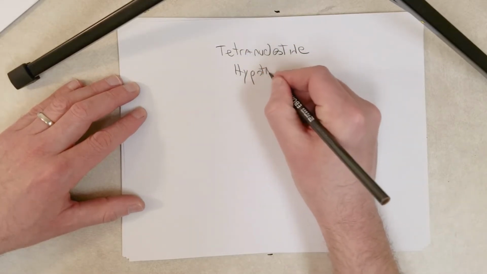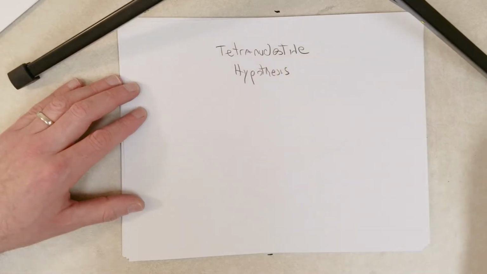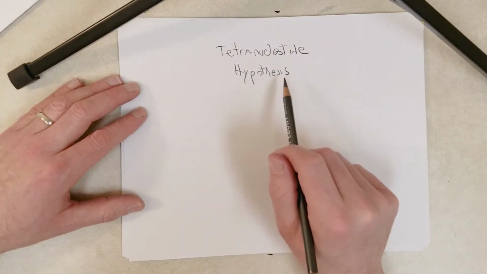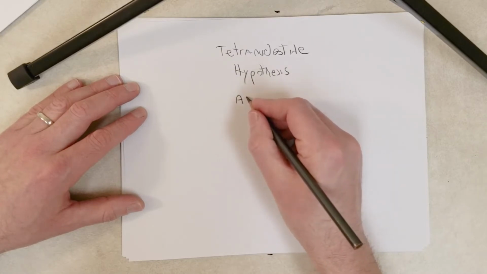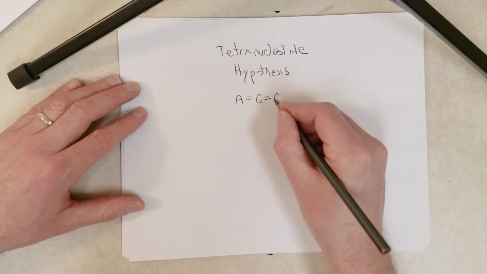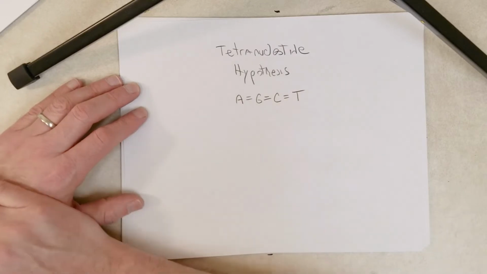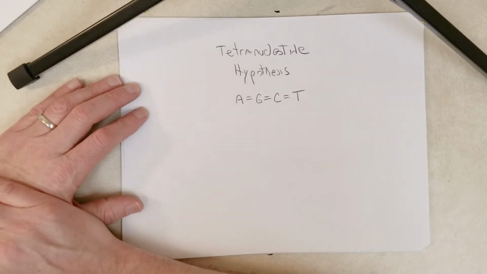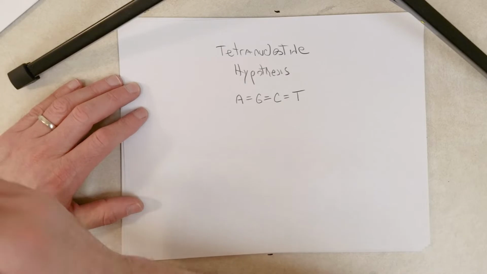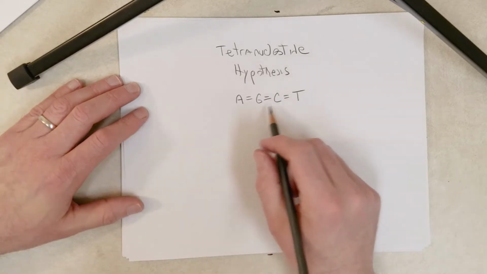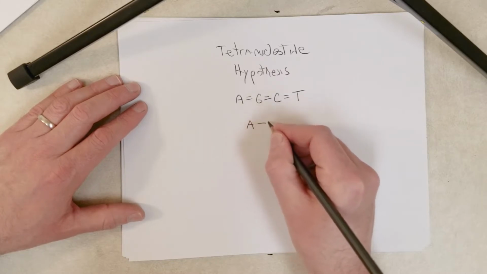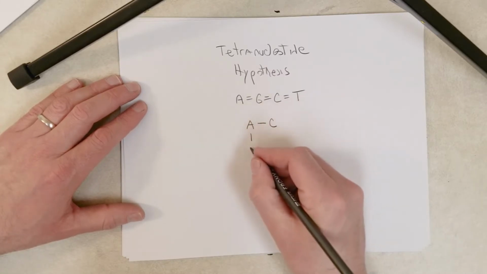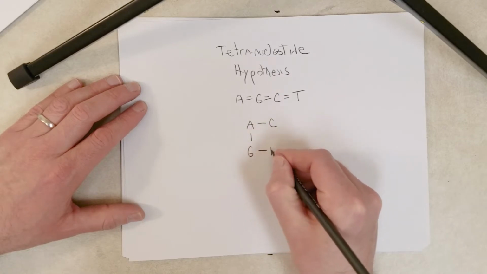At the time, it was widely believed that the levels of adenine equal the levels of guanine, which equal the levels of cytosine, which equal the levels of thymine in cells. And this led to the hypothesis that these nucleotides formed a tetranucleotide structure